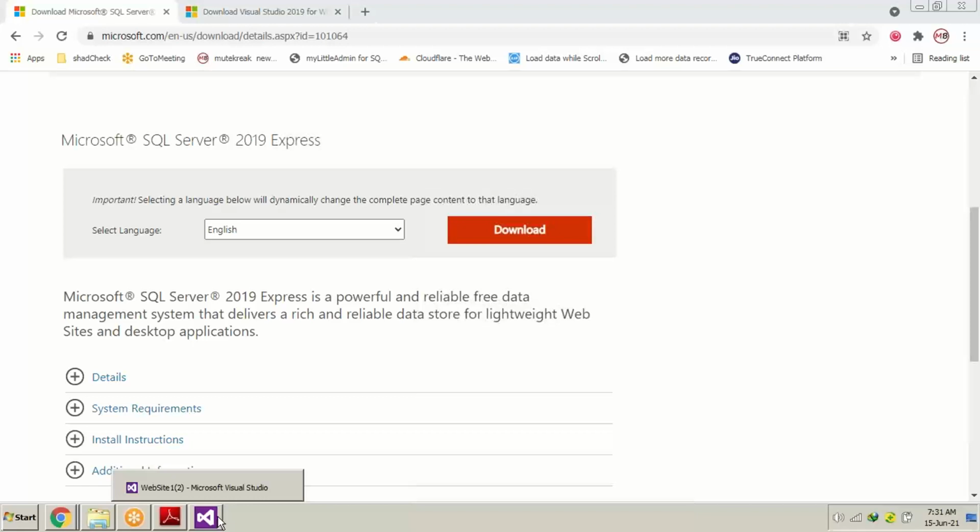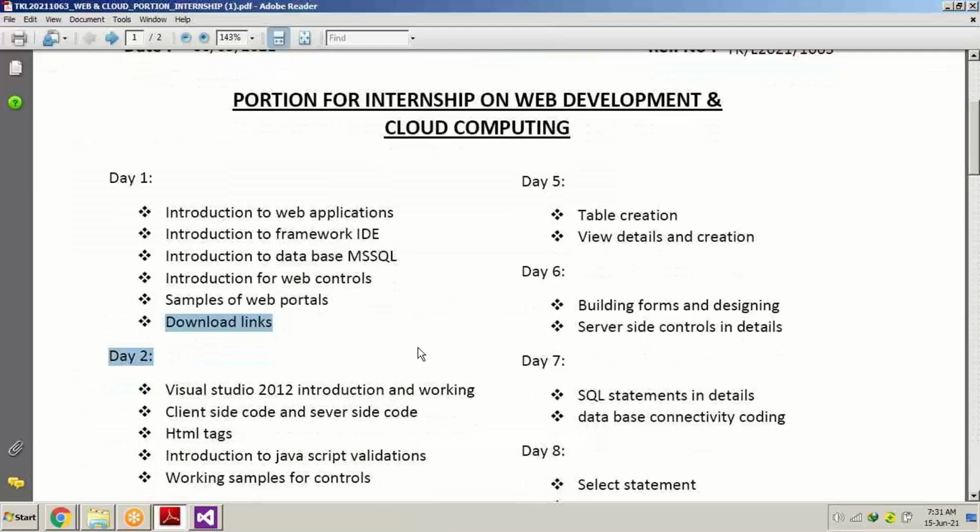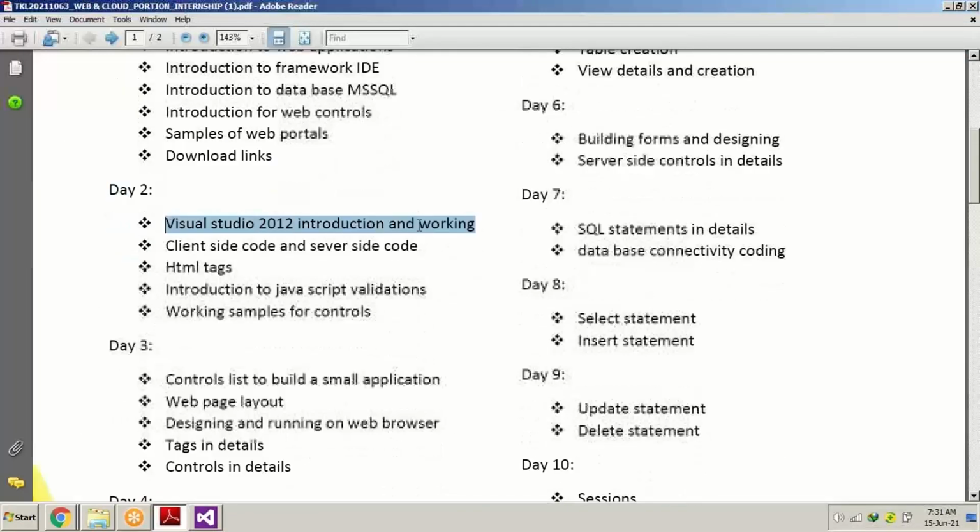So first of all, you just download the application and install it in your system. Tomorrow we are going to discuss more about 2012 and 2019. They are not very much different, only the version is different. The entire work we do on 2008 or 2012, the same work we're going to do on 2019.